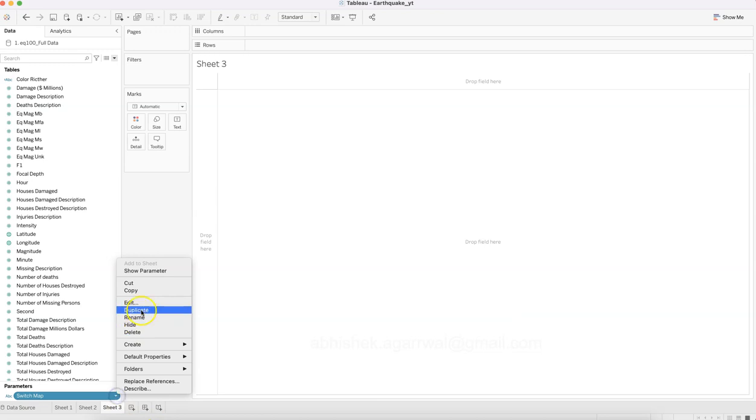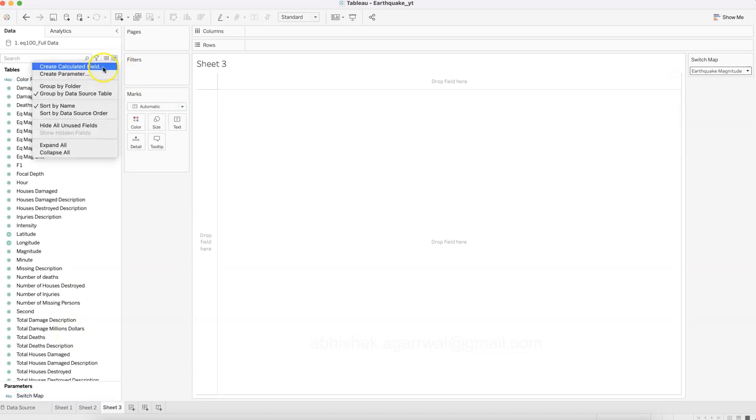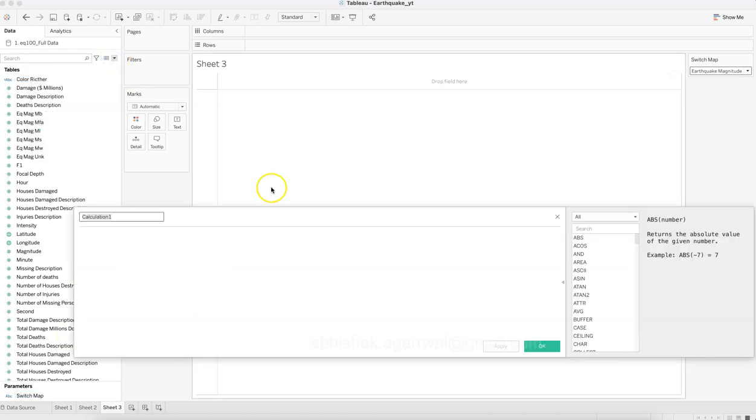Now if I just click over here, drop down and click on show parameter, I have these parameters. Now we need to make sure that our visualization is taking the impact of whatever value we are changing, so that this particular measure is selected. So for that, what we do is we create a calculated field. So we create a calculated field, right? And calculation,